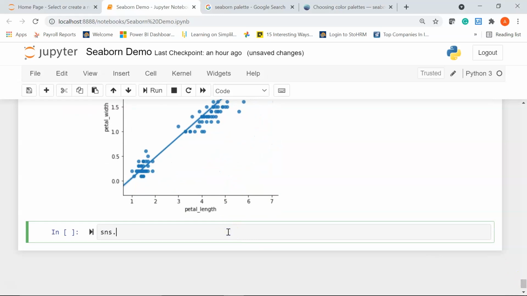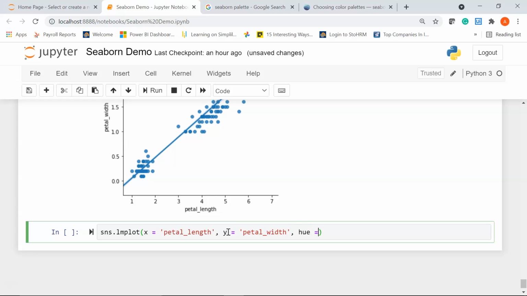I'll say sns.lmplot. We'll say x as our petal length, comma. I'll write y as petal width.